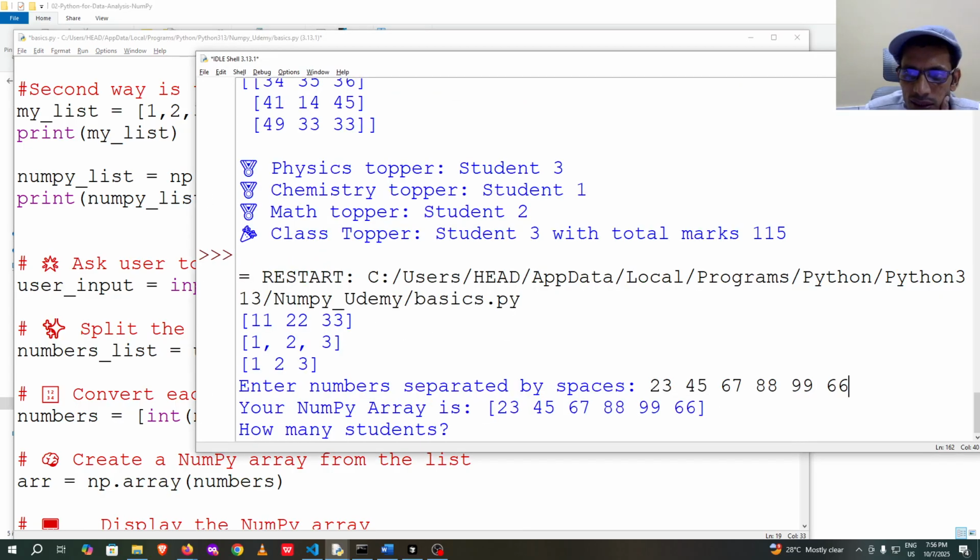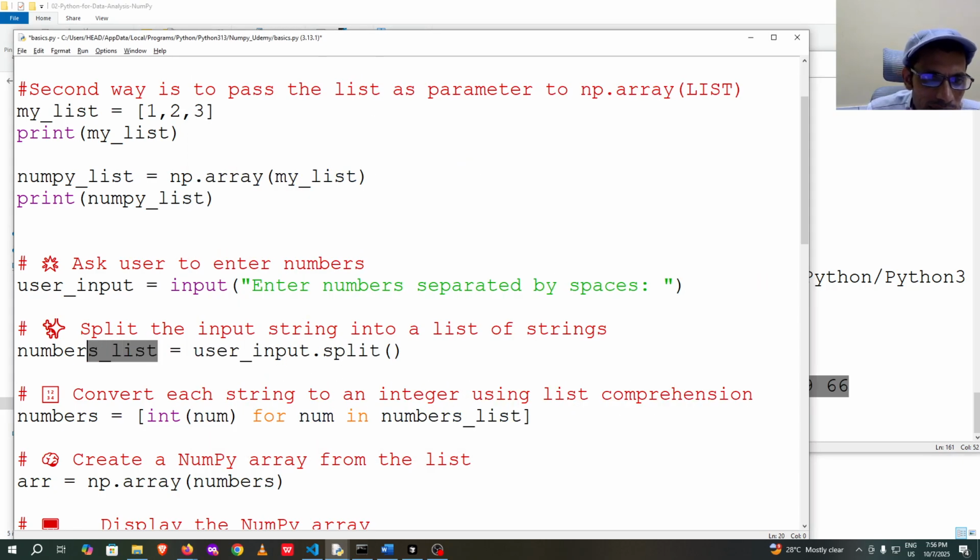Now what happened is this string data gets converted into list data, numbers_list data. But this is still string data. I have to convert each string into an integer. So here I use a for loop: for number in numbers_list, I convert the number from string to integer and I append it to the numbers